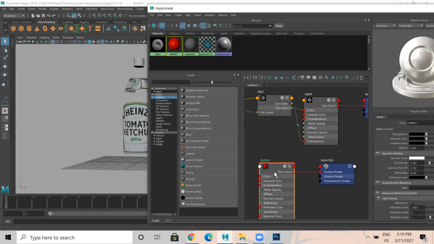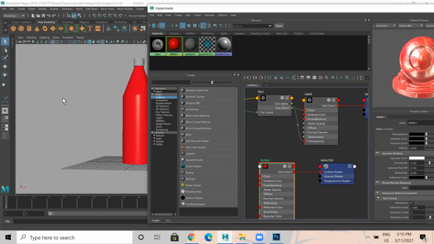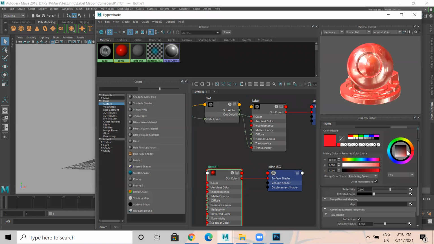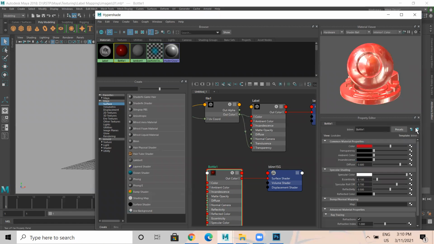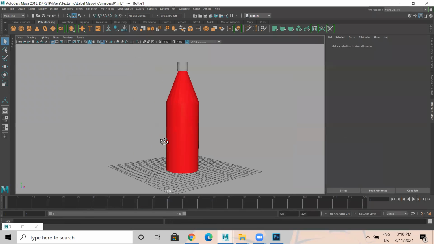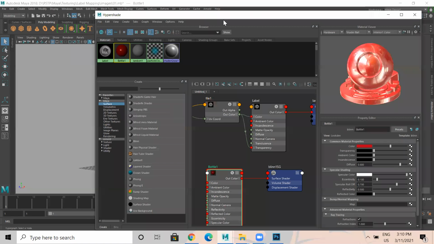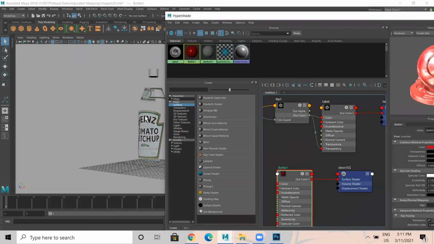See, let me apply the bottle. Middle click, drag and drop. I applied the bottle. Okay. Now see the bottle. I'm able to see the bottle like this. Once I apply the bottle, the bottle is there, but the label is gone. Now I apply the label, middle click, drag and drop. I have the label, the bottle is gone. But I want both materials. Middle click, drag and drop, you got the bottle. Middle click, drag and drop, you got the label. But we need both, right?